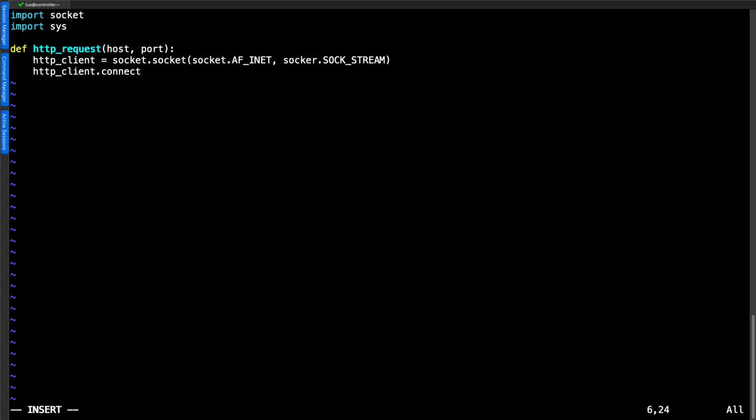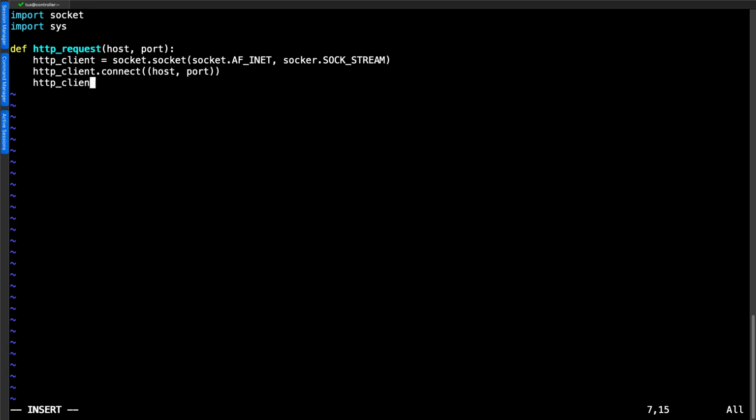So I can use the connect method, and of course I open up my parentheses, but also in here it looks a little weird as I open up another set of parentheses, but this is because I'm passing a tuple through to it. So the host and port. We close both parentheses off and we can then continue. We've now connected through to our HTTP server.